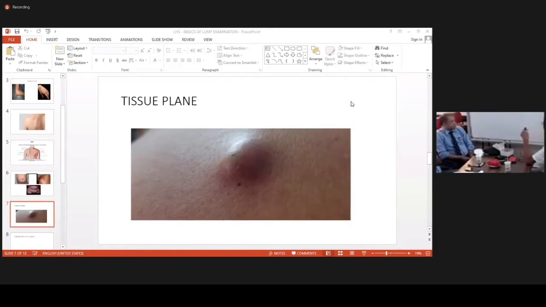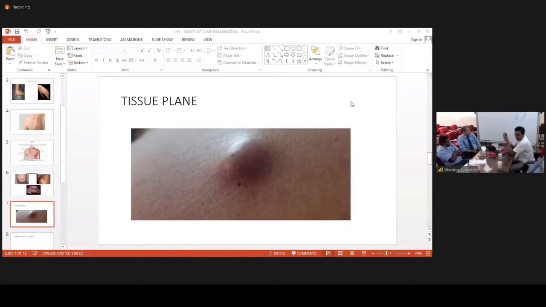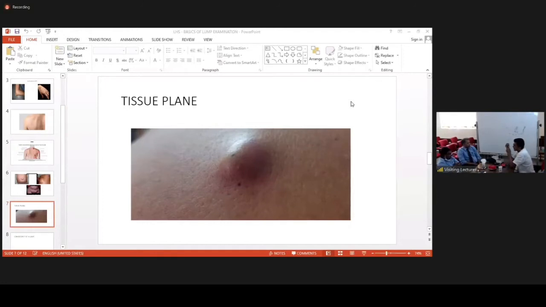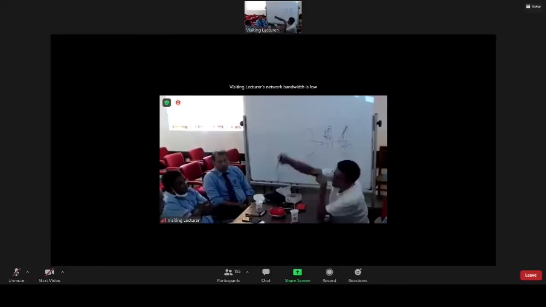Then you think, okay, what are the common ones? What is the commonest? If you look at the wrist, the commonest is a ganglion. So 90, maybe 95%, I would say, of the time it can be a ganglion. So when you look at the site, you are 95% sure that this can be a ganglion. And then the rest of the examination is to confirm or help your diagnosis. And also this will guide the rest of your examination.